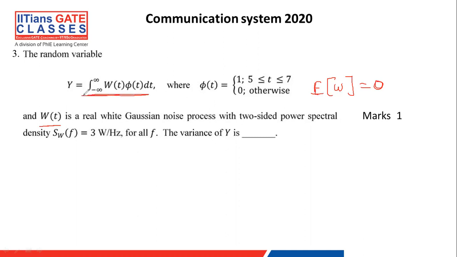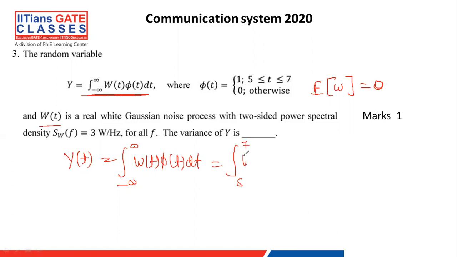Here it can be further simplified as y(t) equal to the integral from minus infinity to infinity of w(t) phi(t) dt. Now phi(t) is 1 only for t from 5 to 7, 0 otherwise. So you can simply write it as